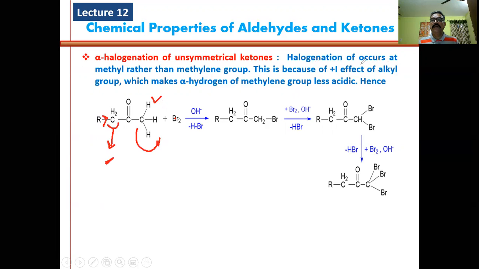Halogenation of unsymmetrical ketones occurs at methyl rather than methylene. This is because the plus I effect of the alkyl group makes the alpha hydrogen of the methylene group